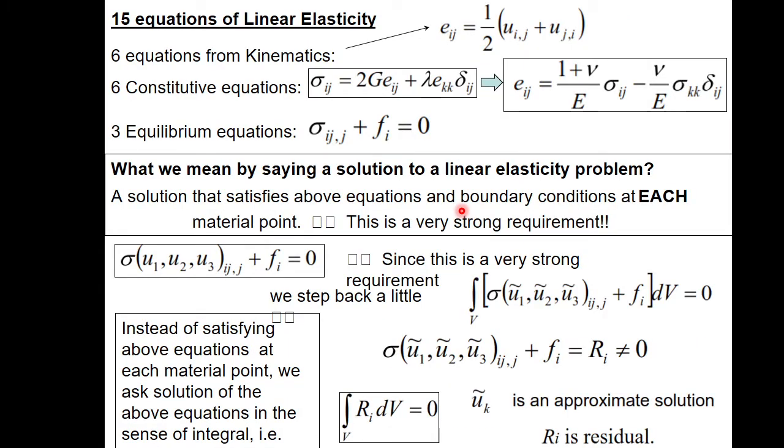So now what we are doing here, you see, this is the residual, right? Now if we integrate this residual over the entire volume and make it 0, this becomes much easier. This is the idea. Whatever is written here is nothing but this residual, which is not 0 at a particular material point, but this ensures that overall this is 0. This is what we are going to do, and this R is known as residual. That much you know.